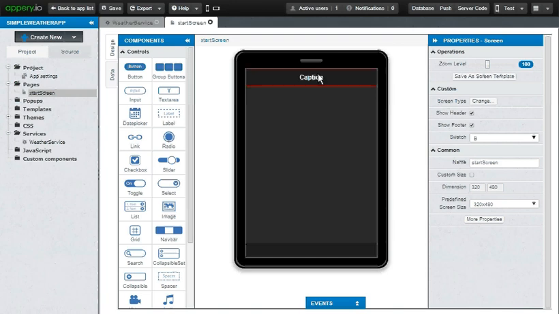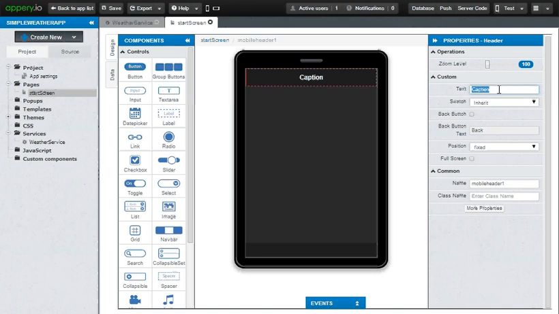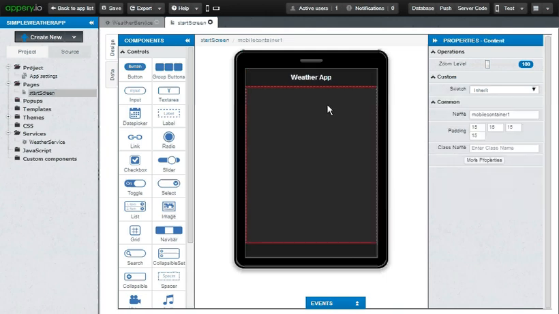So let's click on the caption and we can call it weather app. Now, our app will typically have, let's say, an input text box, a button, and a list to enlist the 5 days of the weather forecast. So I'll go ahead and do just that.